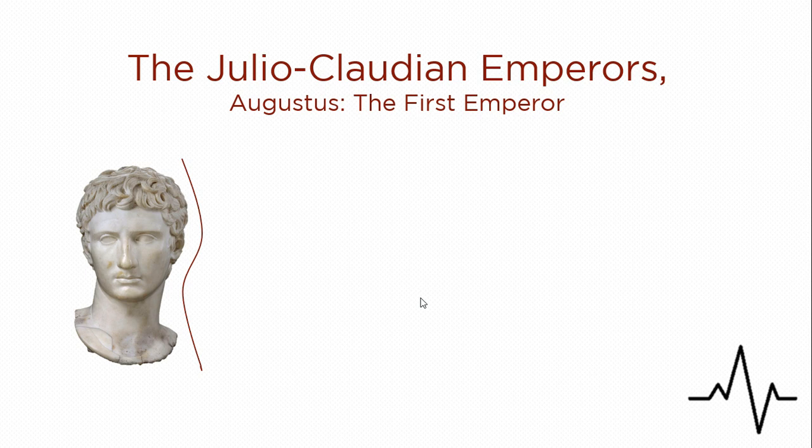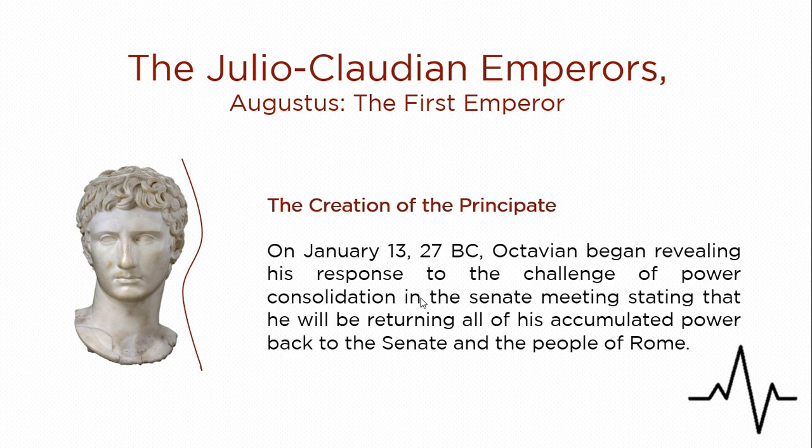The Julio-Claudian emperors. On January 13, 27 BC, at a meeting at the Senate, Octavian began revealing his response to the challenge of power consolidation. He theatrically announced that he was returning all of his accumulated power to the Senate and people of Rome. In what was likely a prearranged performance, he was then reluctantly persuaded to retain control over a few of the